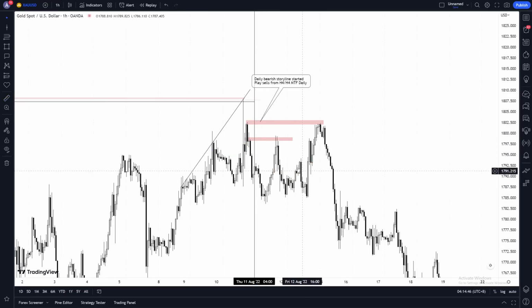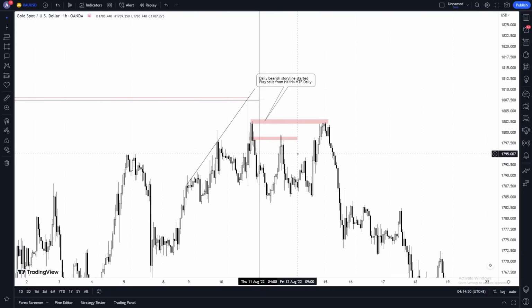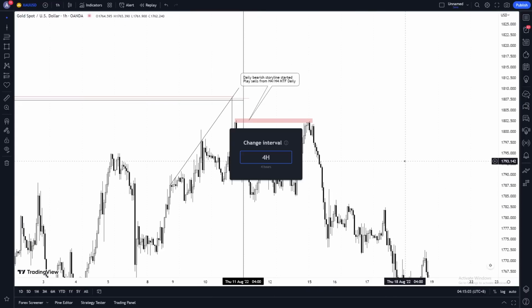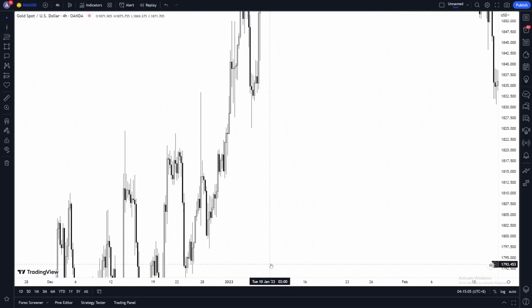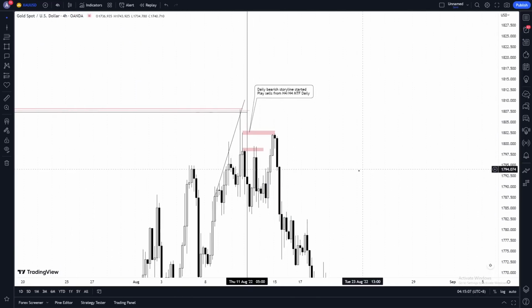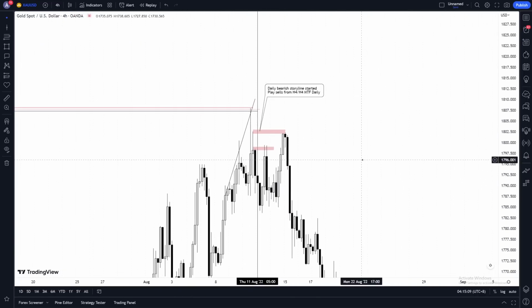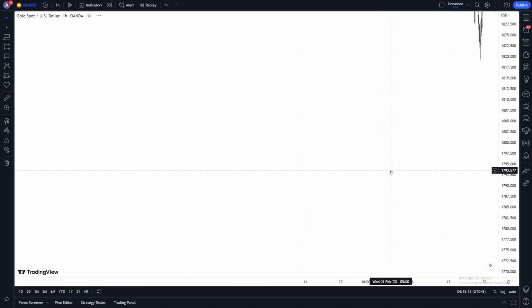Okay, so for me, what I did, I took 1, 2. These are the two zones that I personally picked. Okay, am I afraid that price is going to go without me? Not necessarily, and I'll tell you why. Because we're already in a daily bearish storyline. So any new H4 that forms, especially an H4 after a breakout, I can take that H4, right? Because we're dealing with H4s in the daily. We have a daily, we're just dealing with H4s. That's it, bro.